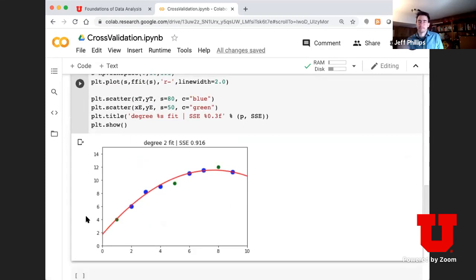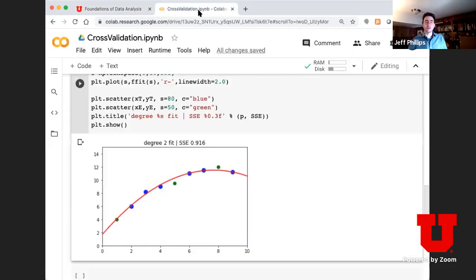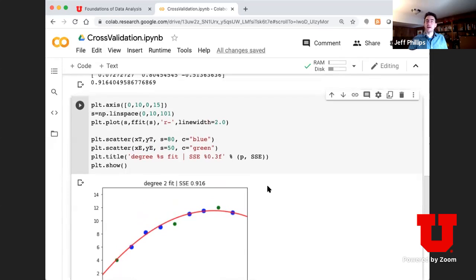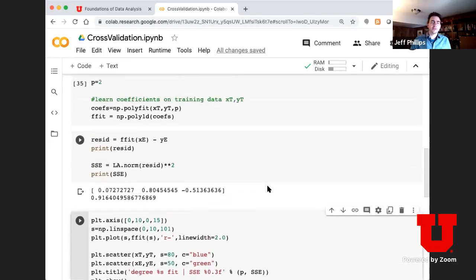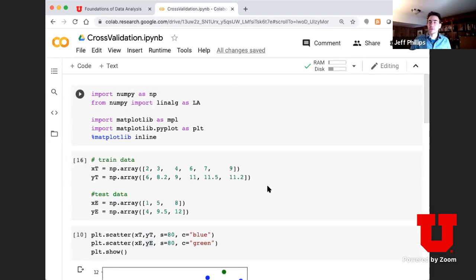Again, this should be linked off of the web page right here, so you can click on that and try it yourself. Play around with stuff, put your own data in there. Maybe for the homework you'll be asked to do something kind of like this. I think it should be on the next homework. You'll do something like this, and you can see how it goes.